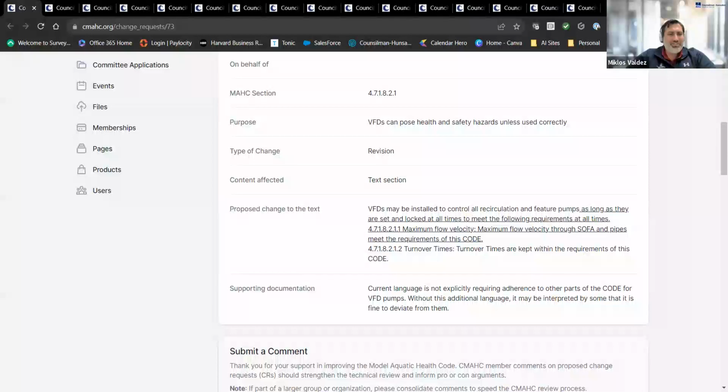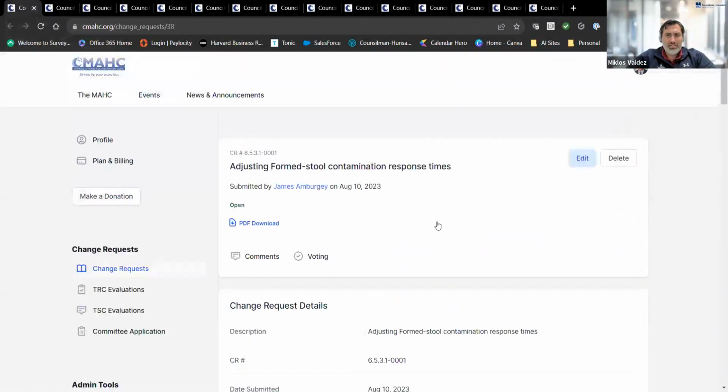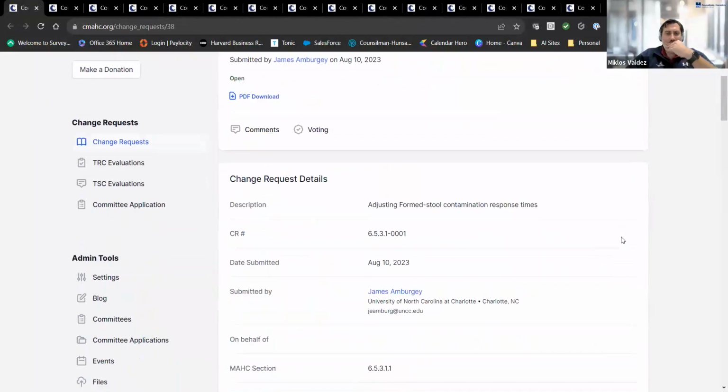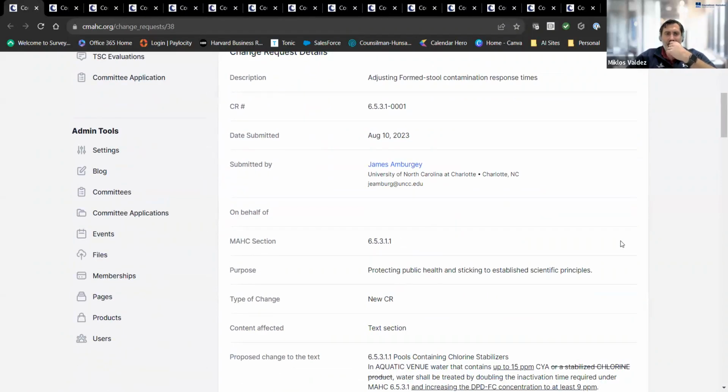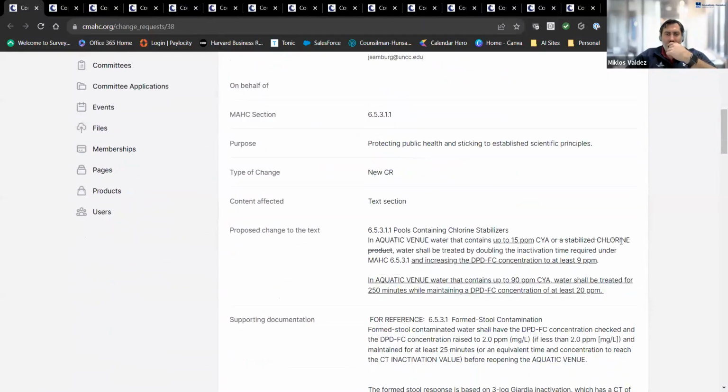Next one is 6531, and Grace, I believe this is yours. This is adjusting form stool contamination response times, and James was the proposer on this. So